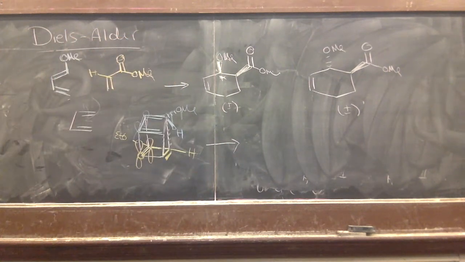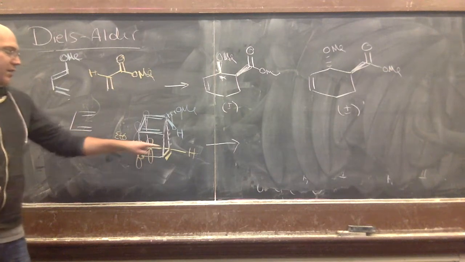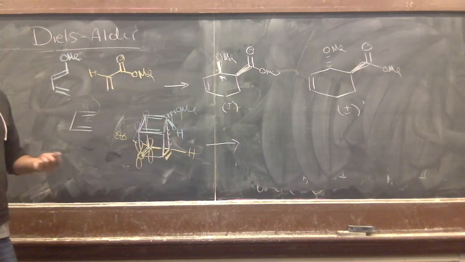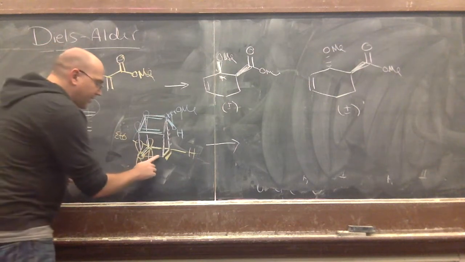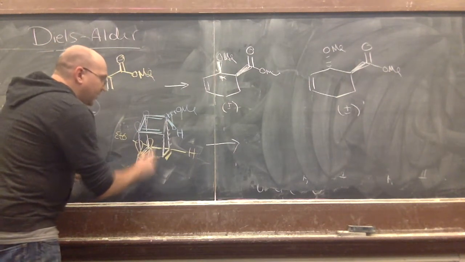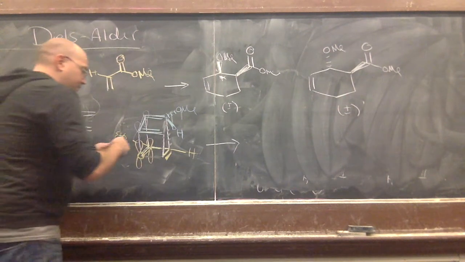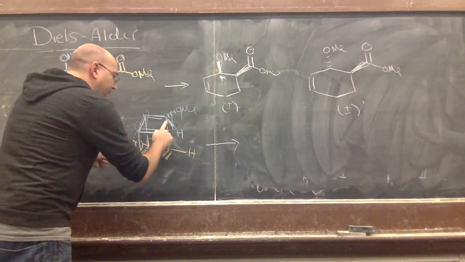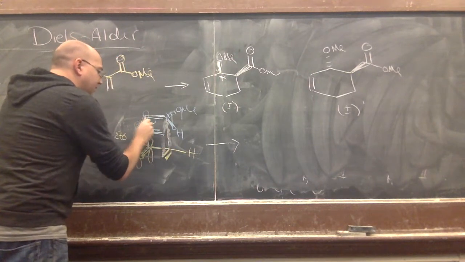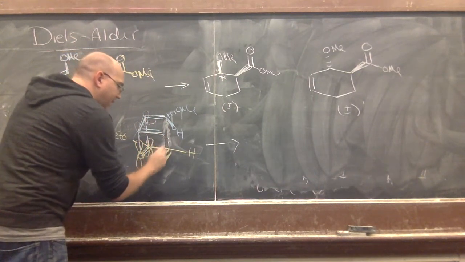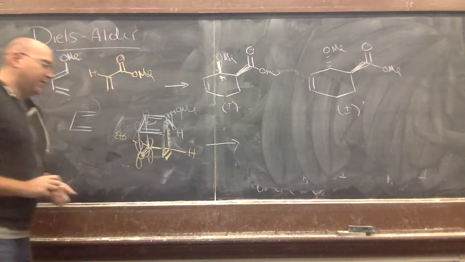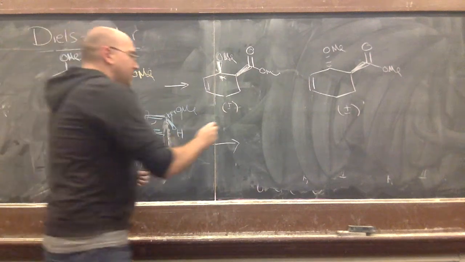So now that we've set this reaction up, we recognize that the ester is coming this way, and the proton's going to be going that way. What we want to do now is get rid of everything else that's not really involved in this reaction, which I had done up here. Ultimately that's the Diels-Alder that we're doing here, right? We're going to make that bond and that bond, okay? Which means